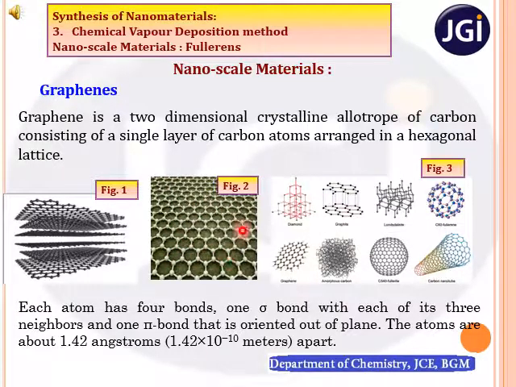The graphene's stability is due to its tightly packed carbon atoms and sp2 orbital hybridization. That is a combination of orbitals s, px and py that constitute the sigma bond. The final pz electron makes up the pi bond. So this is about the arrangement of carbon atoms to give a structure like graphene. With this introduction, let us discuss the properties and applications of graphene material.